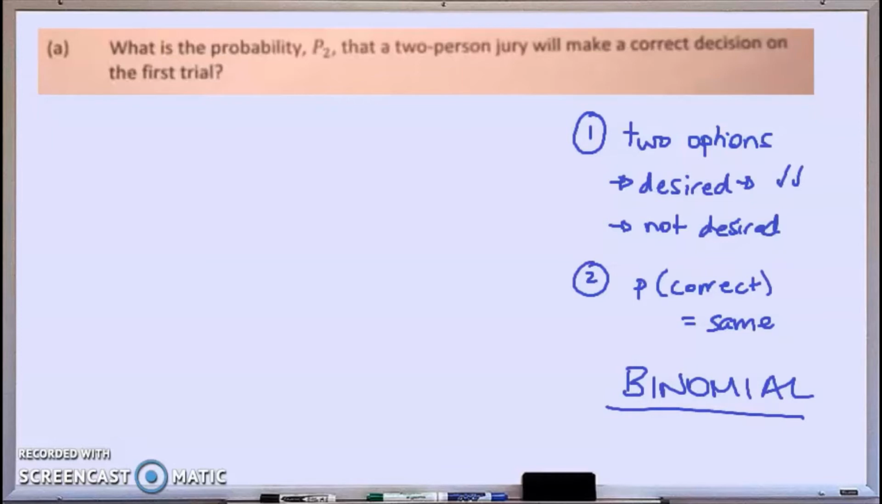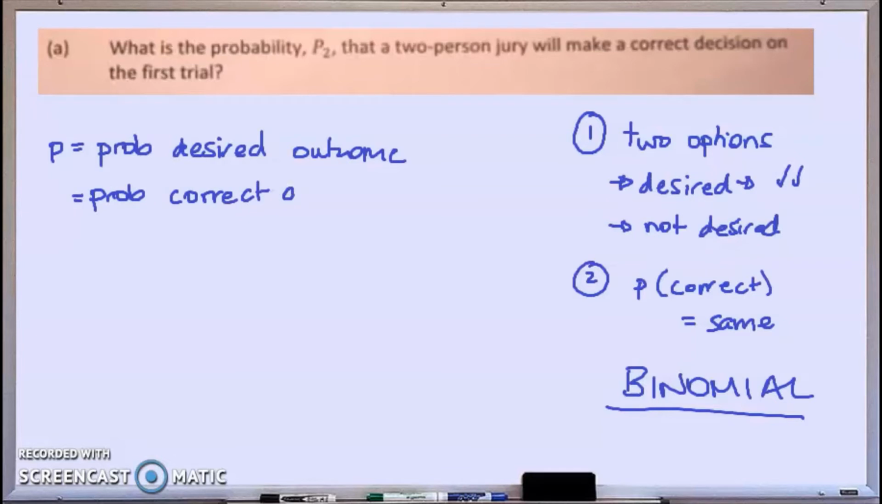So now let's have a look at the specifics. First of all, it says the probability of a correct decision. So we're going to call that P, which is the probability of the desired outcome. That's the probability of the correct decision, which therefore means the probability of an incorrect decision